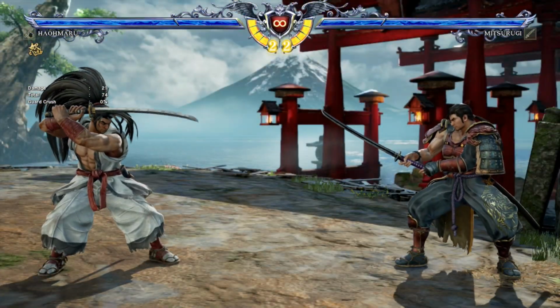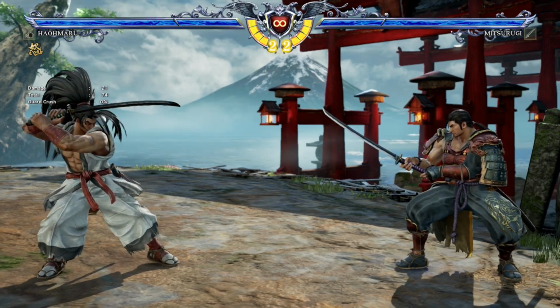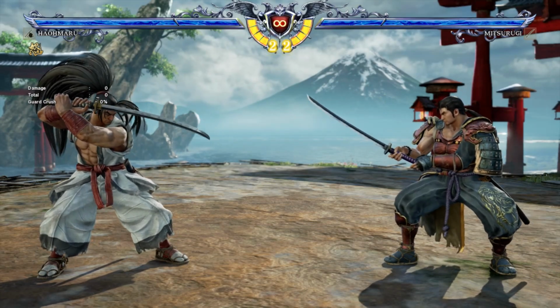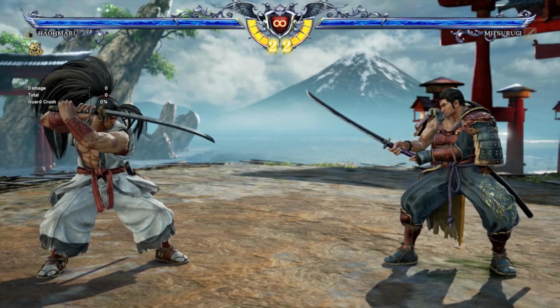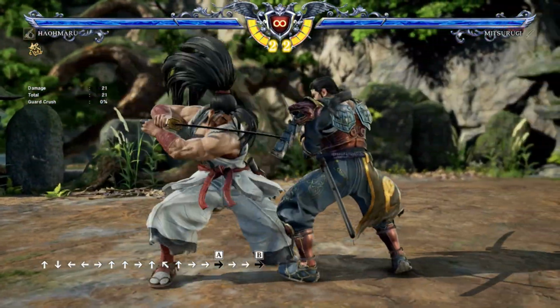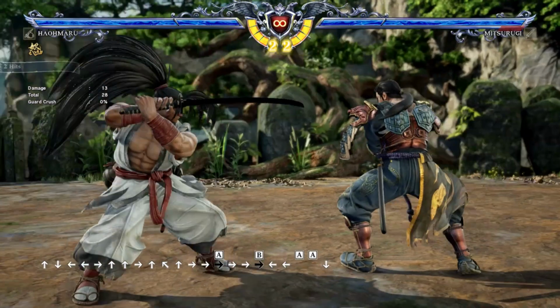In this session, we're going to be taking a look at the poster boy of the Samurai Showdown series, Haohmaru. Haohmaru is a very unusual character in SoulCalibur 6. At face value, he seems like a regular poking, footsie-based character, but